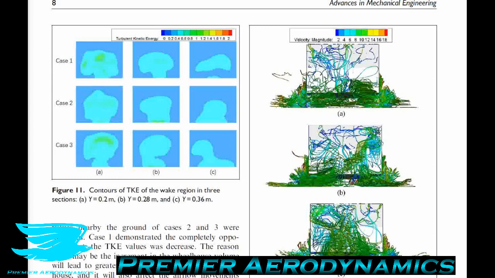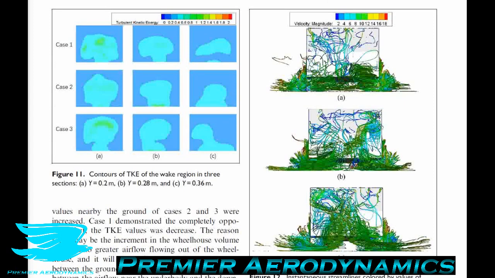But let's move on to some other properties such as streamlines. So the researchers also processed the data to give streamlines, and if you don't know what streamlines are and how they differ from streak lines and path lines, check out a video on YouTube called Aero Fundamentals number 9, where we explain the differences between these, and quite well, if I do say so myself,